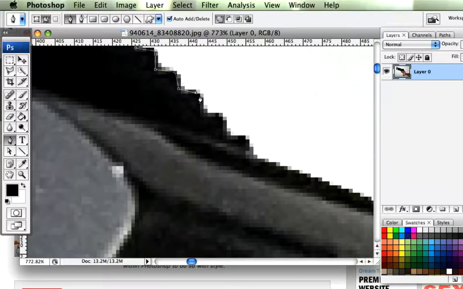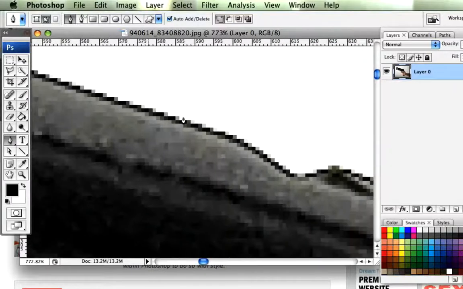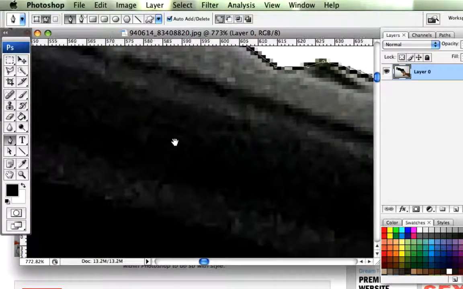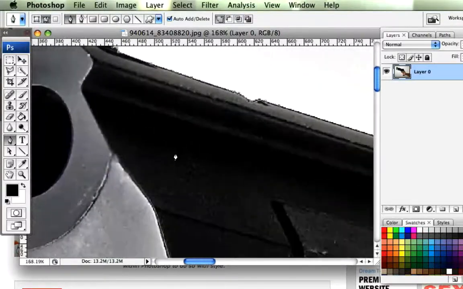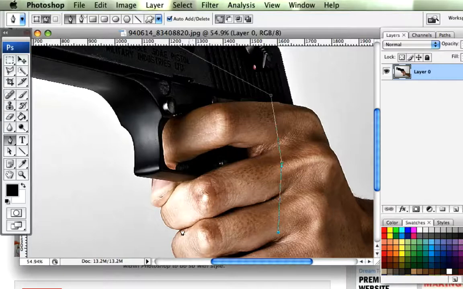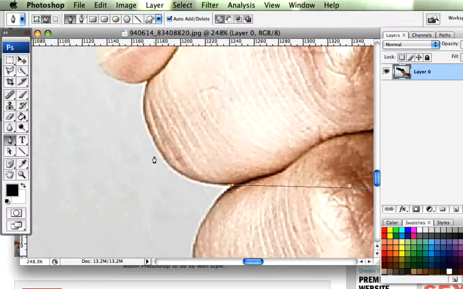The best way to practice and get used to the pen tool is if you actually use it for cutting out objects and things like that. We're going to use it a little bit later on for actually drawing our goo as it is, but just going to quickly come down here. Okay, and you want to go all the way around the gun. Okay, I'm just going to click down here. You want to come around the fingers, and again